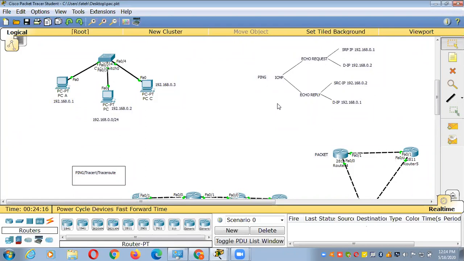Try to understand. HTTP, HTTPS, SMTP, POP3, all these protocols come under TCP, okay? Like DNS, DHCP, TFTP come under UDP. So ping comes under ICMP. Okay, now the concept is clear here. But again, HTTP and the others are all protocols. Ping is the command, right? This is also a protocol, brother.